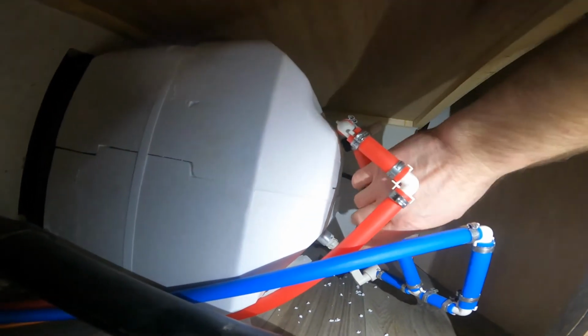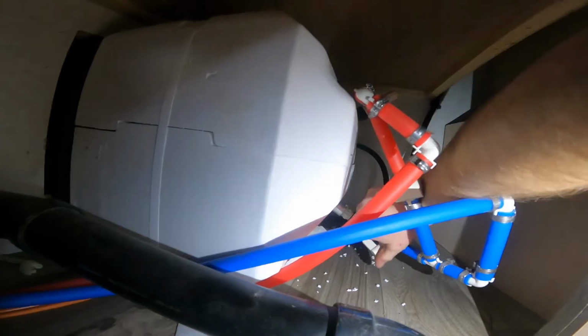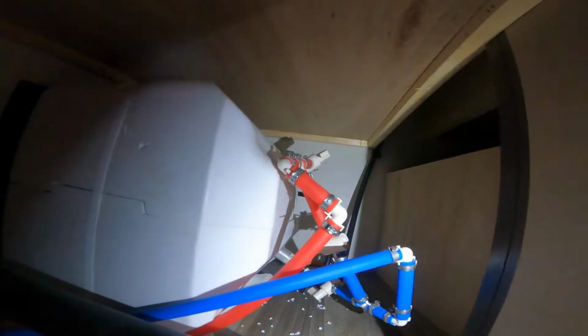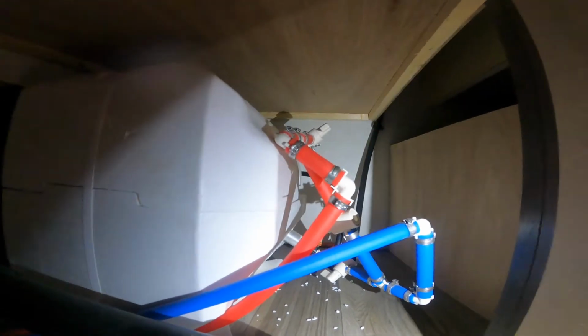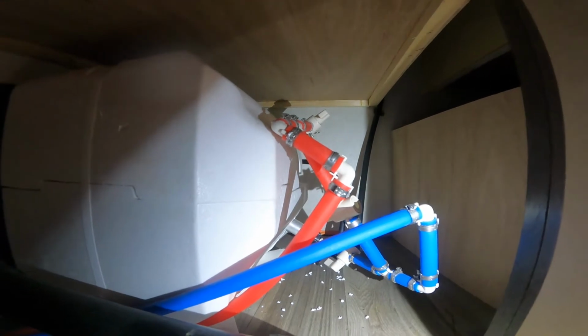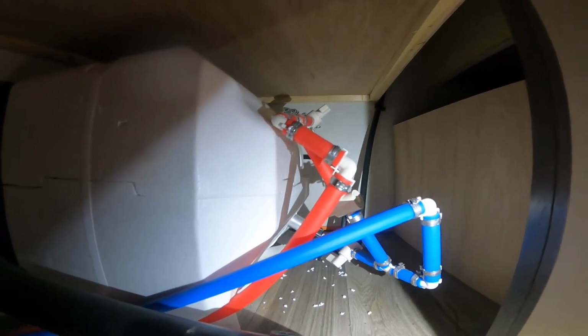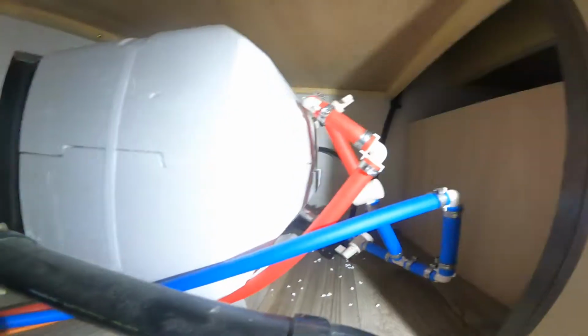This is blocked off, so that's perfect. We're operational here for summer use, so water will flow through the tank. The only reason why you bypass the hot water tank is when you're winterizing, you do not need to fill your hot water tank full of antifreeze, as you have a drain plug and a drain to drain all the water out. So we'll talk about your water heater in a little bit,